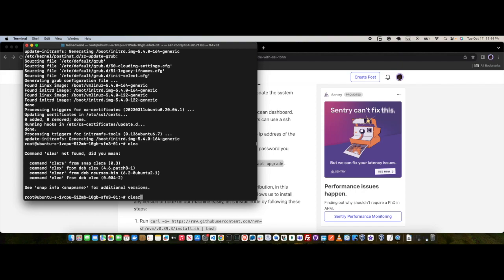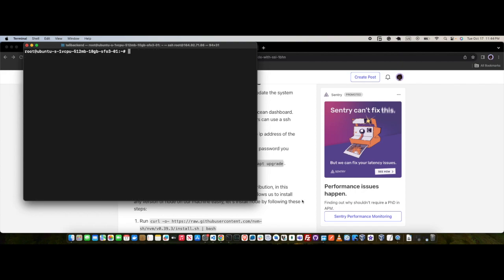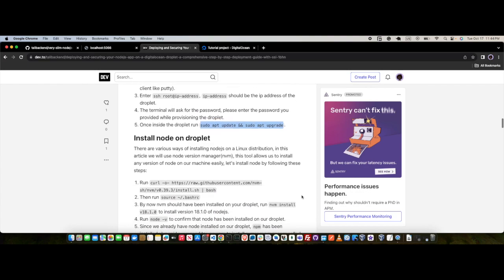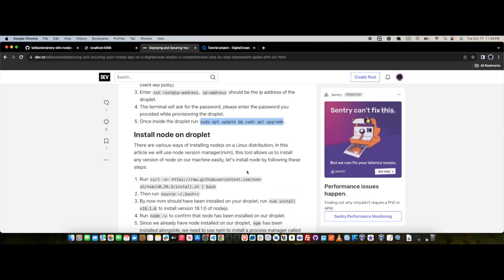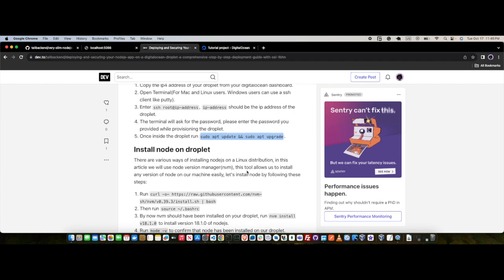Sorry, I mistyped that. I'm just going to clear the terminal so everything looks clean. As we are moving to the next step, we need to install Node on our droplet. Earlier in this tutorial, we were able to run the project locally, and that was because we already had our Node environment set up locally. But we don't currently have that on the droplets. We have to set up the Node environment on the software before we can